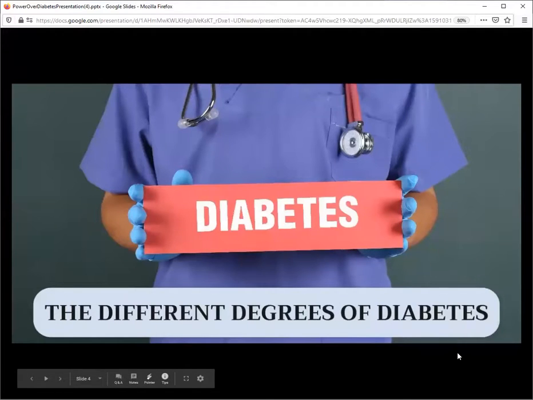So let's take a moment to clarify the different types of diabetes. Type 1 diabetes is an autoimmune disease where the ability to make insulin is nearly entirely dismantled. The insulin-producing cells in the pancreas are damaged to the point of not being able to keep up with the sugar load in the body. Because this type of diabetes has an autoimmune component, my first question when working with a client who has this dynamic is, what is triggering this imbalance in the immune system?